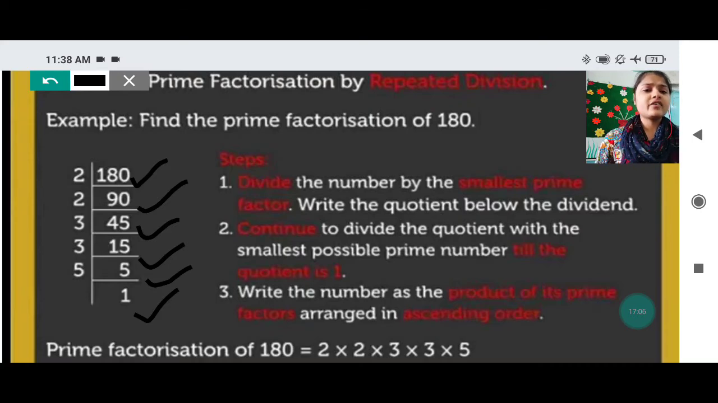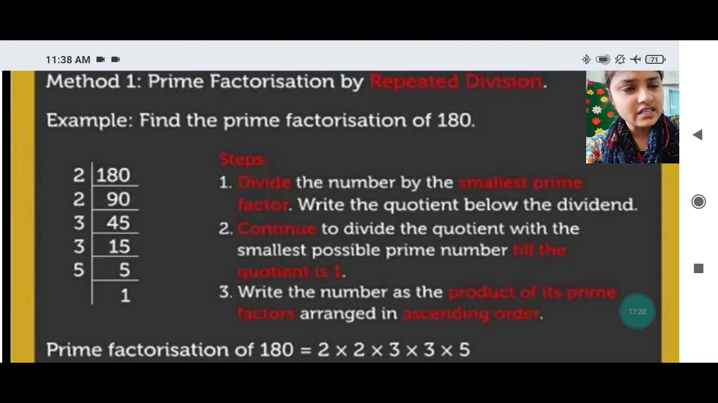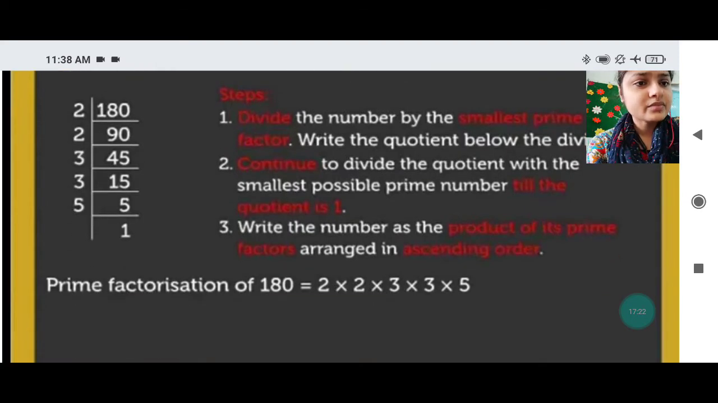Then after that we will write all the numbers, whatever prime factors we have received. We have received all these prime factors, that I will write downside: 2 into 2 into 3 into 3 into 5. Those are the prime factors which I have received of this number. After getting the prime factors of that number, what